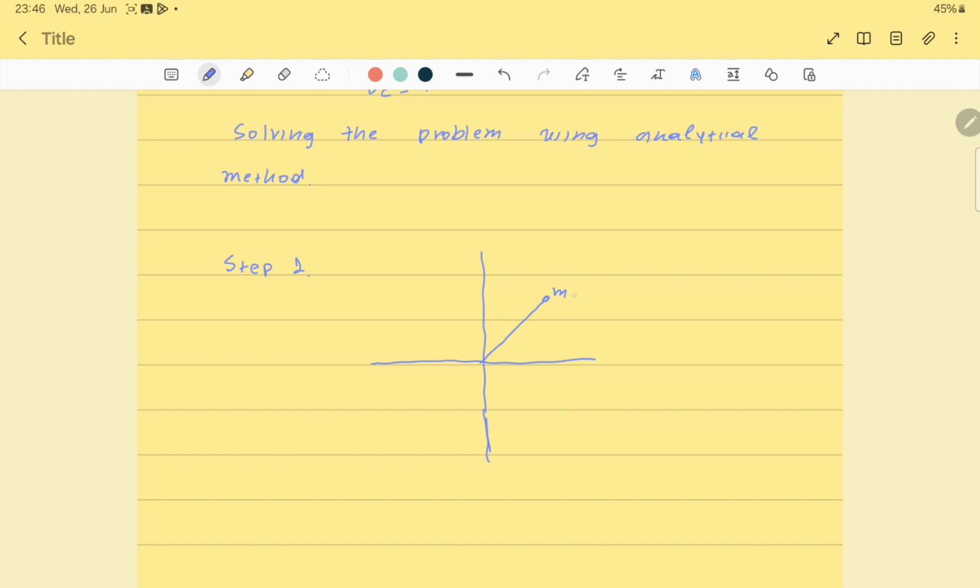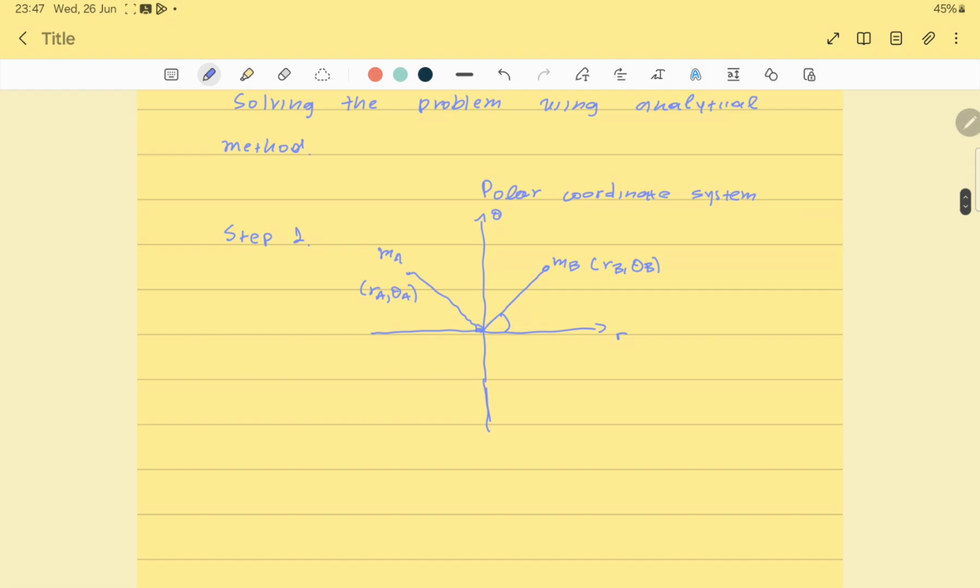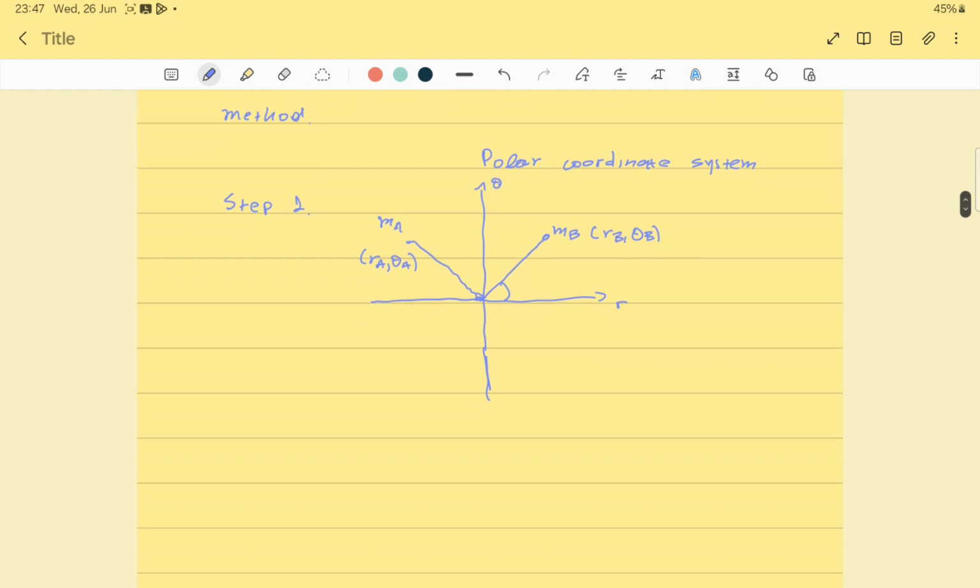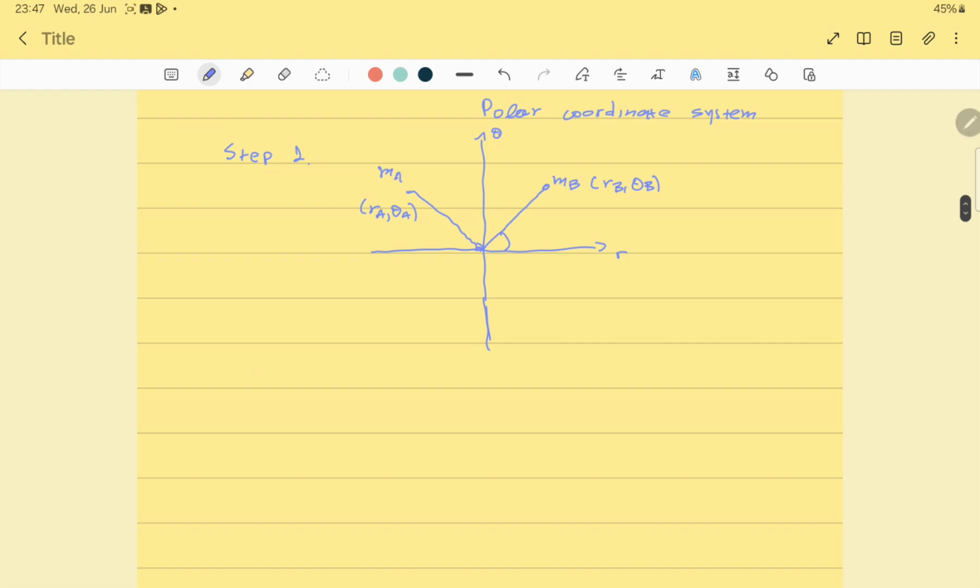We know where the B is, so this has a radius RB and angle theta B. And we know also where the mass A is, where the weight A is, and this is RA and theta A. This is a polar coordinate system, and we need to convert it, we can convert to Cartesian